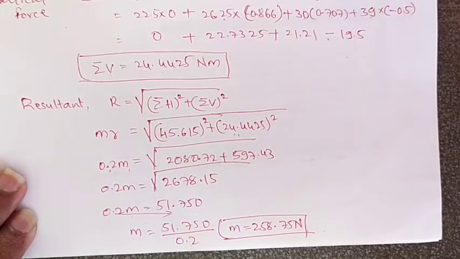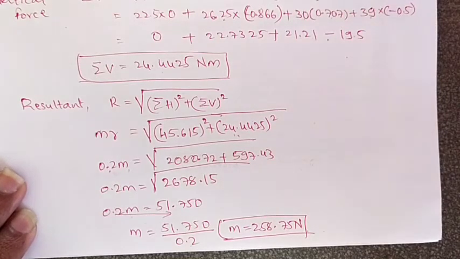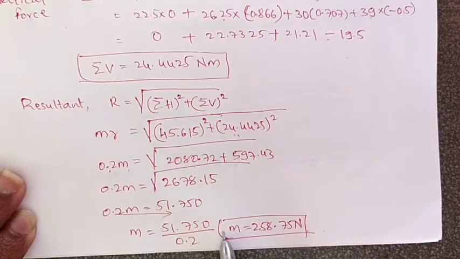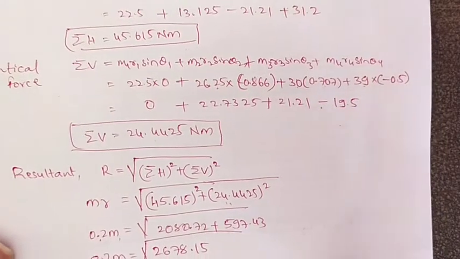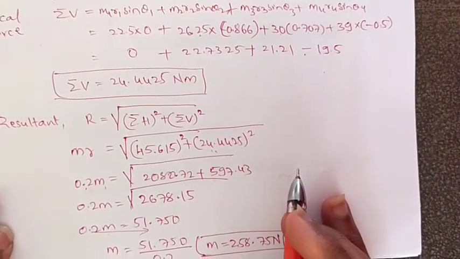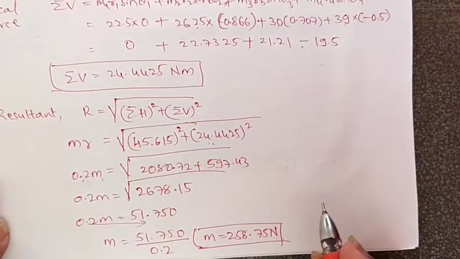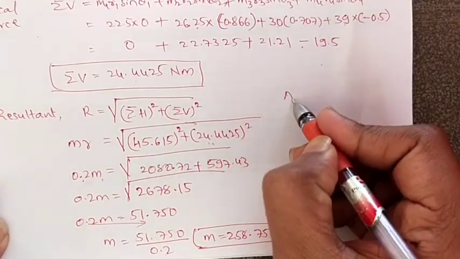okay, in the same plane. We are having different angles, 60 degree, 135 degree and 210 degree. So we can balance all those masses with this mass of around 258.75 Newton, or it is equivalent to 259 Newton. Okay, now we will find the angle at which this balanced mass is rotating. For finding out that angle,